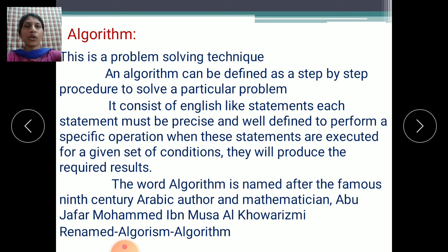If you want to design any particular software, we should first design the rough steps of that program. We can write down, step by step, how that program will work. Writing down the step by step method of that program is called an algorithm.